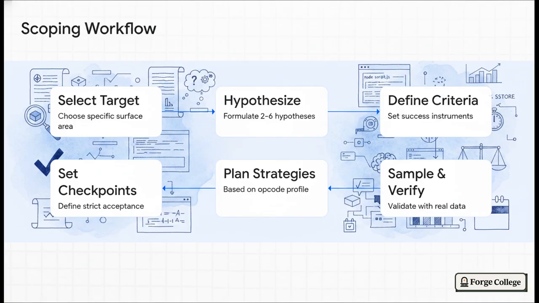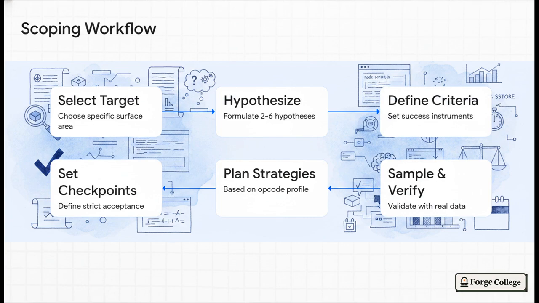Step 1. Select your surface area. Step 2. Formulate 2 to 6 falsifiable hypotheses. Step 3. Define your success criteria and instruments. Step 4. Sample and validate. Step 5. Plan your optimization strategies. And finally, Step 6. Set hard acceptance checkpoints. This disciplined workflow is exactly what prevents you from wasting like 3 weeks trying to optimize some micro pattern that